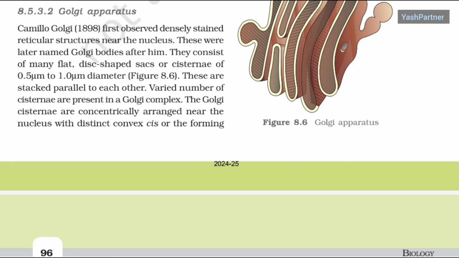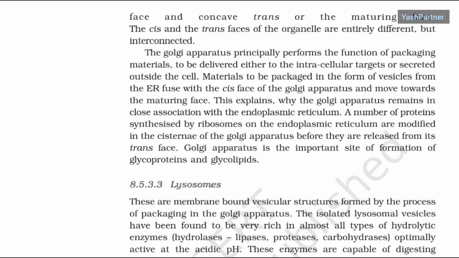The Golgi cisternae are concentrically arranged near the nucleus with the distinct convex cis or the forming phase and concave trans or the maturing phase. The cis and the trans phases of the organelles are entirely different but interconnected. The Golgi apparatus principally performs the function of packaging materials to be delivered either to the intracellular targets or secreted